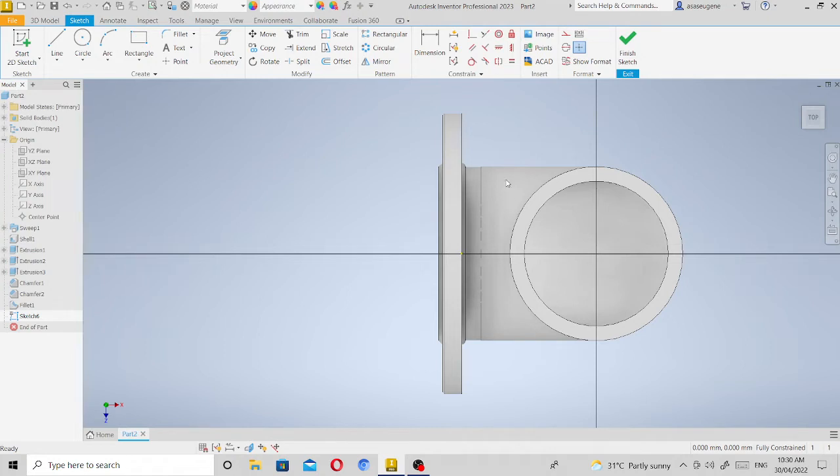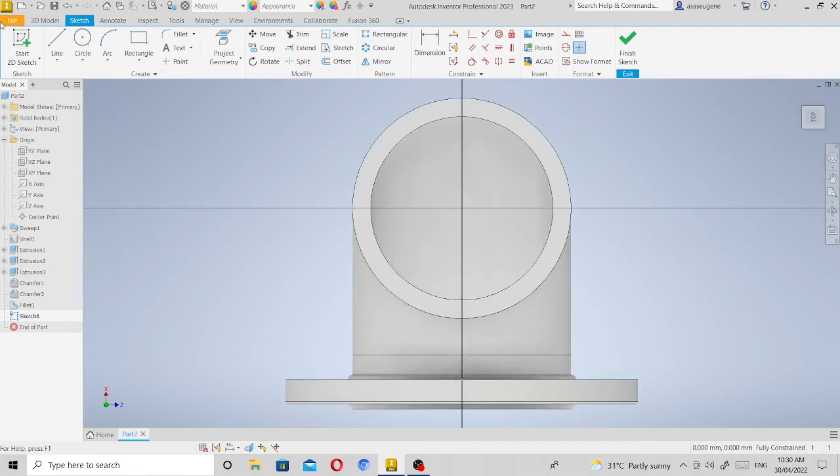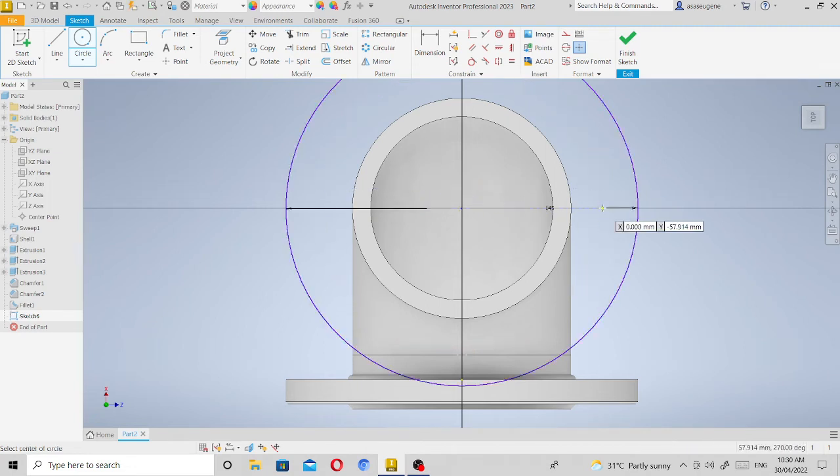So basically we were just gonna do everything that we did in the first flange. So let's make a circle with this as the center point. So diameter for this is 145. Enter, and then project the